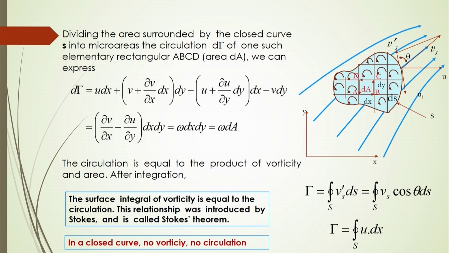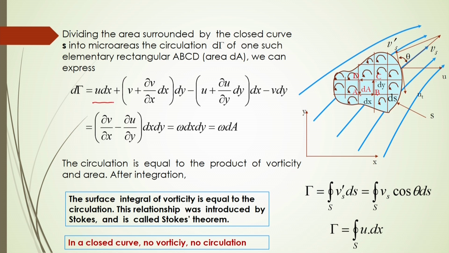Now, if we divide the area surrounded by this closed curve S into micro areas, then for the circulation gamma of one such elementary rectangle ABCD in the diagram, of area dA,